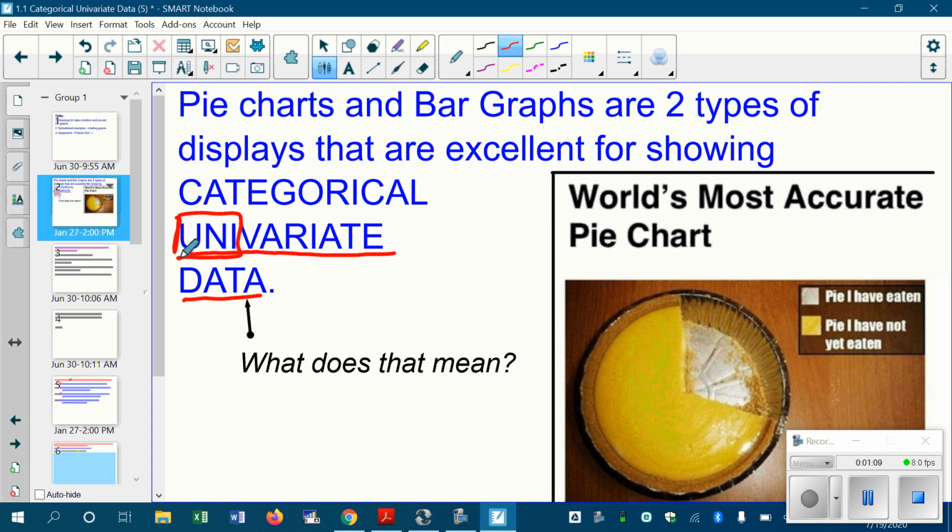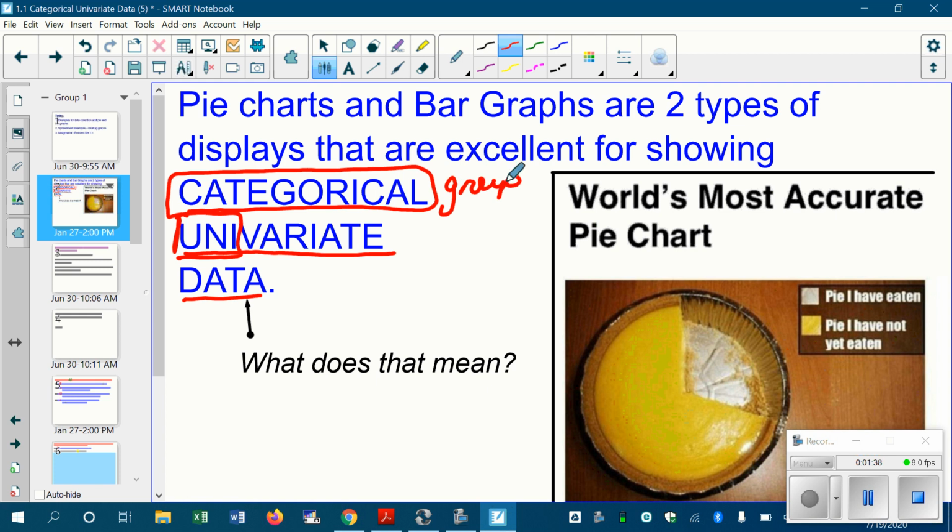So there's one unknown thing that we are looking at or asking about in our data set, and that is going to lead us to be able to make a pie chart and a bar graph if that single variable is what we call a categorical variable. A categorical variable is where you put the elements of your data set, you force people to be in groups, I should say it that way. So if there's some kind of grouping